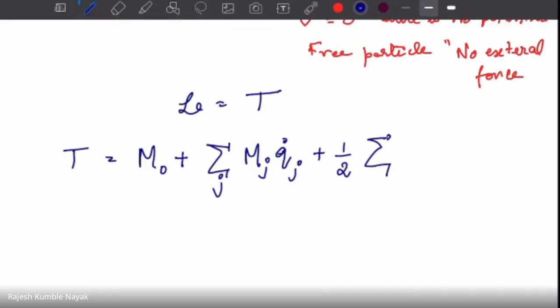And the third one depends on a quadratic function of the generalized velocity. So this is what we have. Again, the mjk's depend on the generalized coordinate. Now you may have to look it up. I don't think you will be remembering this just offhand, but it is a good thing to remember.